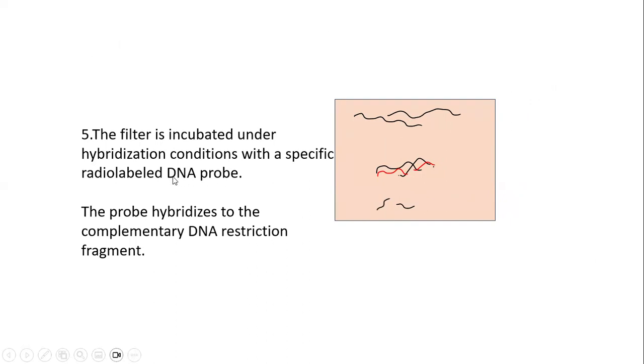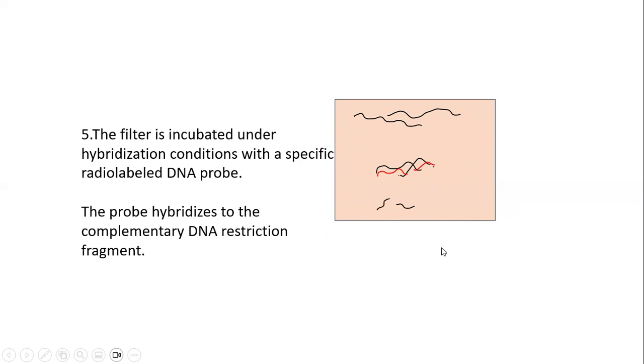The probe can be single-stranded DNA, or RNA can also be used. It needs to be labeled. Radio-labeled probes were commonly used for the probing method. So you have a buffer in which you keep your membrane and you add the probe, and then you keep it in shaking conditions on a rocker, so that the membrane is continuously exposed to the probe. Okay, the process generally takes about 1 or 2 hours, and after that you have